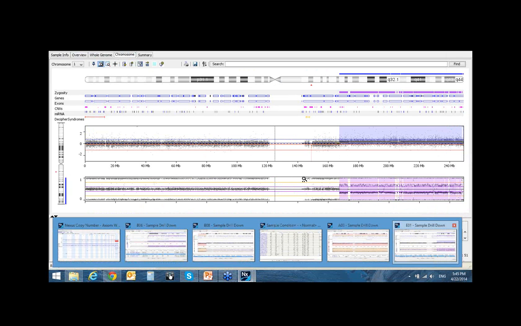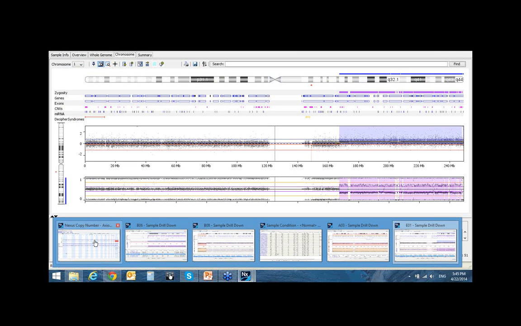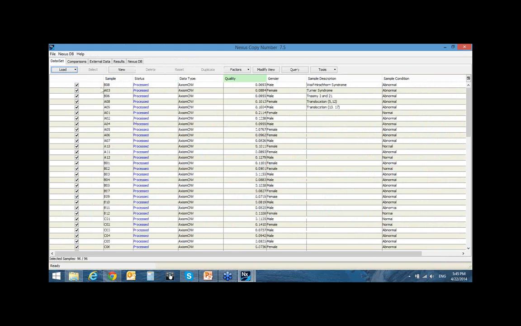Here's another question. Can I mix Axiom data with my CytoScan data in the same single project? Yes, you can. As I said, in Nexus, you can load data as long as they have the same genome build. Since CytoScan and the Axiom data are both using genome build 37, as you can see here, you simply